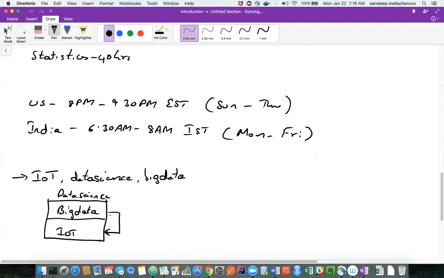So that's the reason why I kept the stack like this. At the bottom of the stack, you'll have IoT. In the middle of the stack, big data will utilize the IoT to process a lot of information, a lot of data. And then at the top of the stack, you'll have data science. This is how everything is organized. Hope this clears up the market buzzwords we're talking about. At least these three are related. There are some unrelated buzzwords which I am not going to talk about.